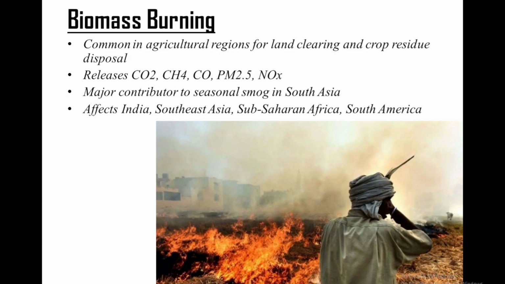Coming to biomass burning. We'll first talk about biomass burning. Biomass burning or stubble burning is one of the most widespread processes. It is natural as well as human induced, and it contributes to air pollution. It involves the combustion of organic materials such as crop residue, grass, shrubs and forest undergrowth, either intentionally by humans for agricultural land clearing, or as a result of wildfires.